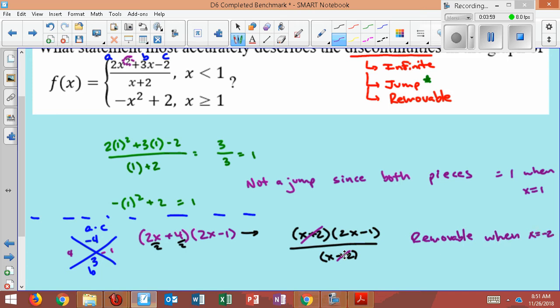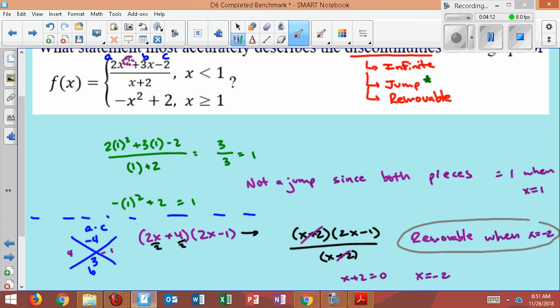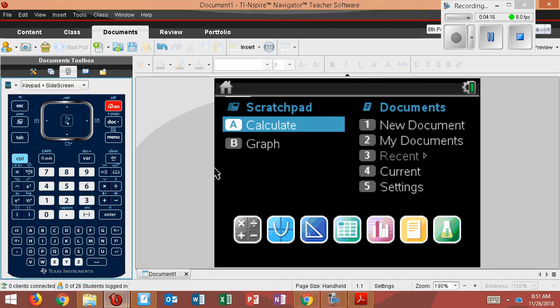Again, it's negative 2 because you'd have to solve this for x plus 2 equals 0, and you would get that x equals negative 2. So this would be a removable discontinuity only when x equals negative 2. Now we could graph this just to check. So when I go over here to my graph,